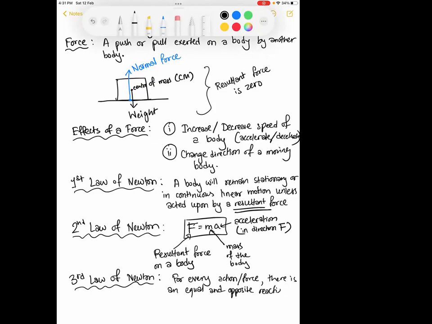There'll always be a counteractive force that will try to stop the other one. Just like here, the normal force is trying to